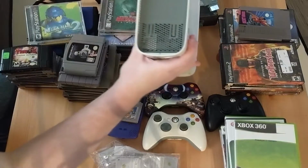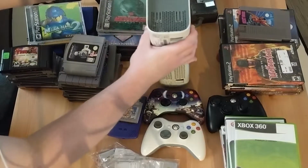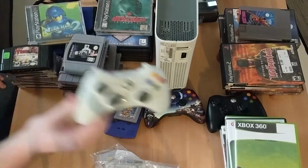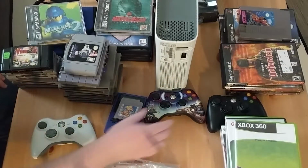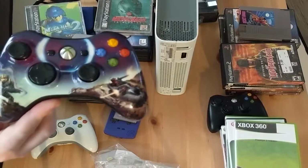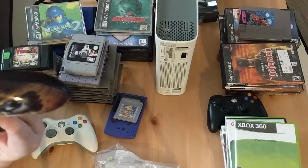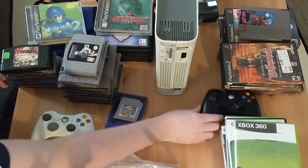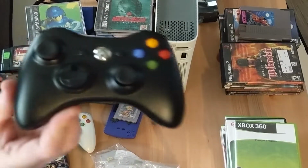It does work. I tested it out. It has all the cables. But I bought it because it had 3 controllers, and they're all pretty good condition. And it has like a Halo 3 controller there. I don't know if that's like a custom plate. I haven't had an Xbox 360 before. This is my first one, so